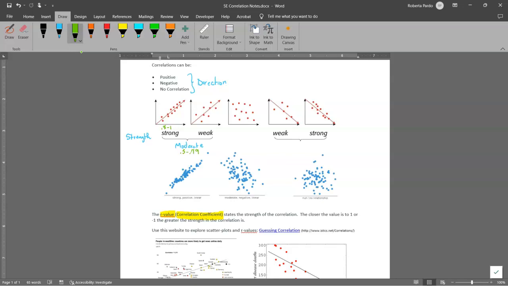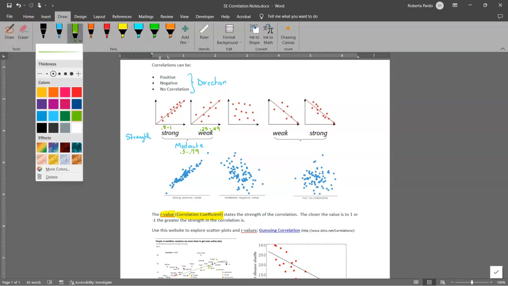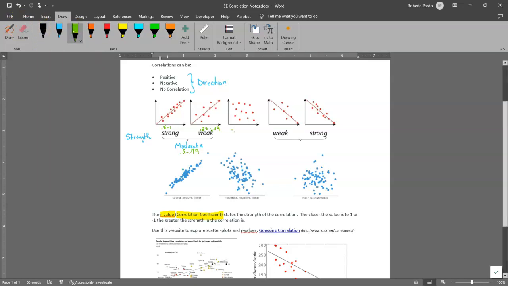A weak correlation is somewhere between, generally speaking, about 0.25 to 0.49. And then no correlation is usually between, say, a negative 0.25 to a positive 0.25,